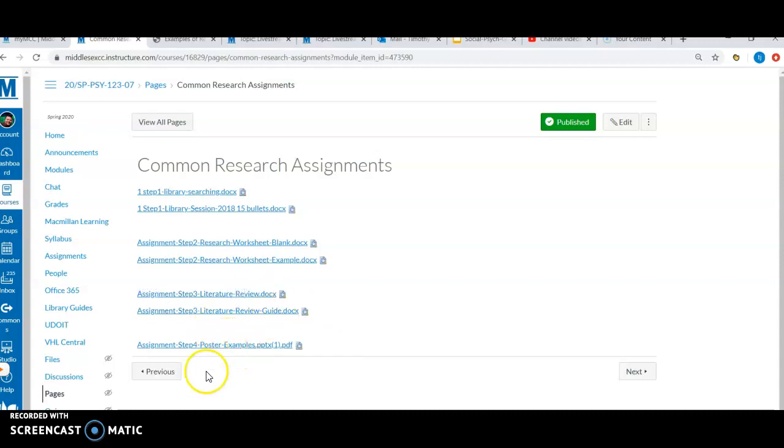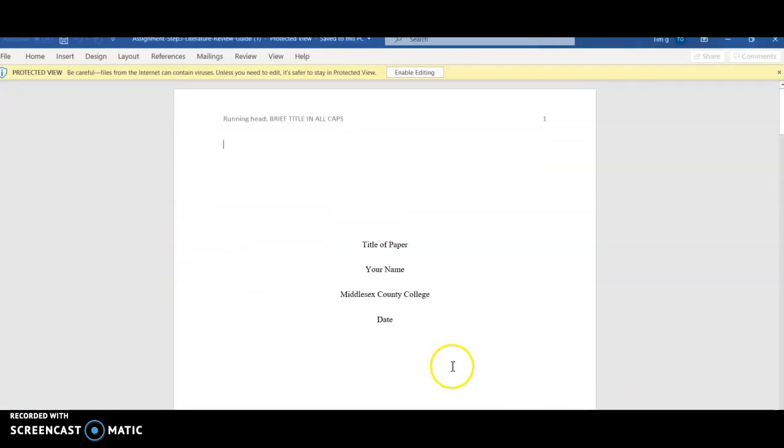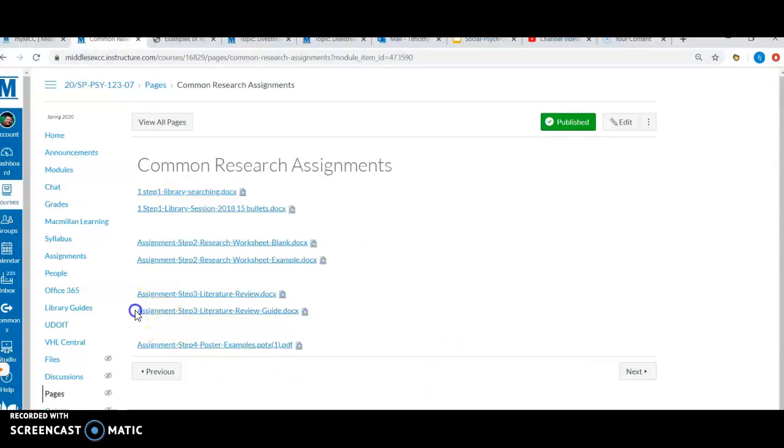Step 4, right here. That's in the common research assignment as well as in your module for each week for the rest of the semester. I have it in there. Now, step 3. If you click on these documents, it's going to load up this document and this document. So the second one, this one that you see on the screen right now, this is this one right here,